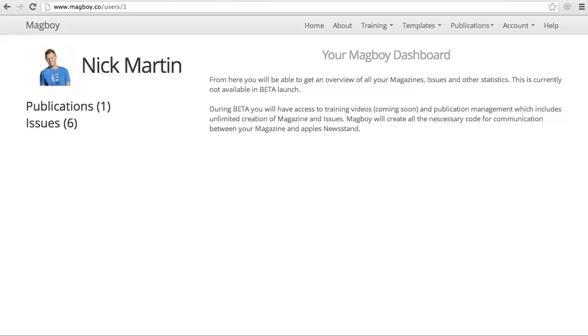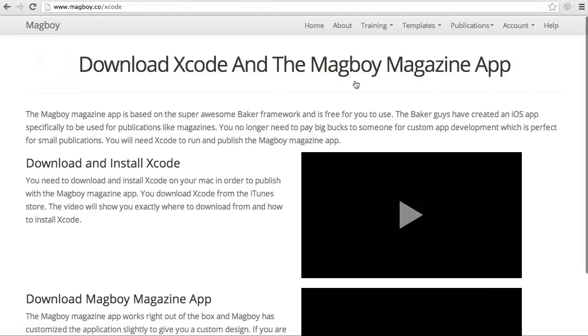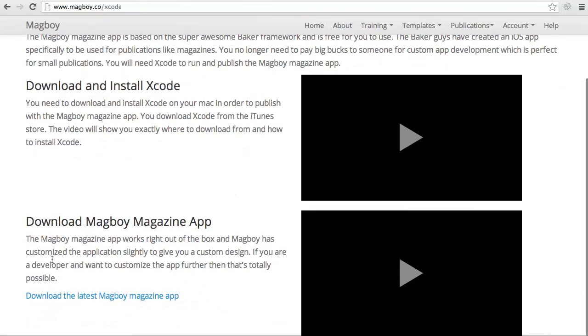So I've already logged into Magboy and I just want to quickly show you what you will find. Under training, we'll continue to add videos that show you exactly what you need to do step by step in order to get your magazine application published. It is also here that you'll be able to download the Xcode project, which is the actual magazine application that